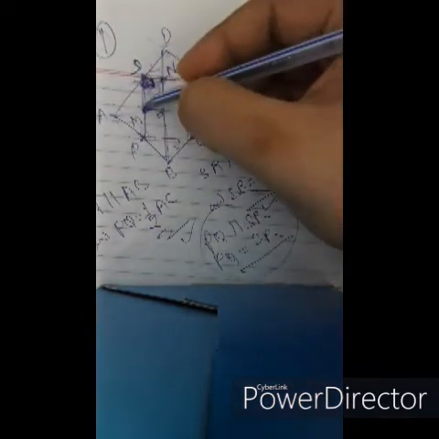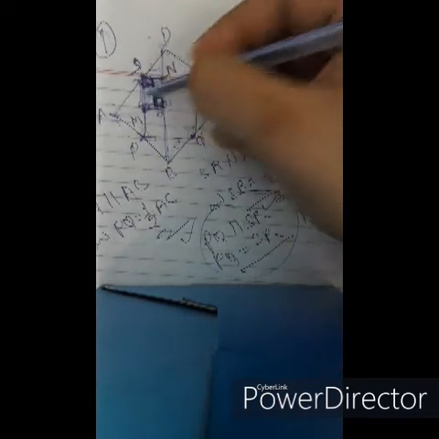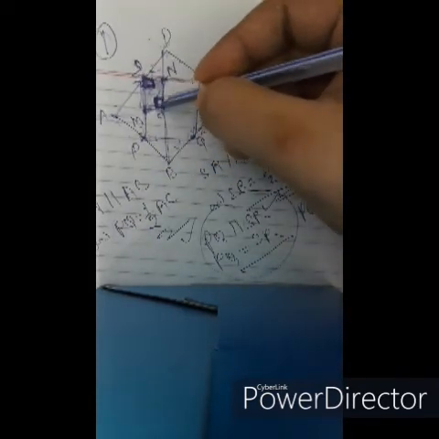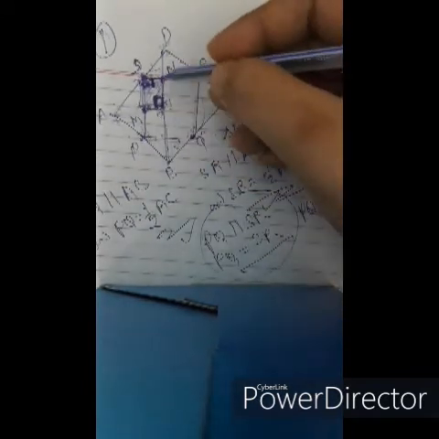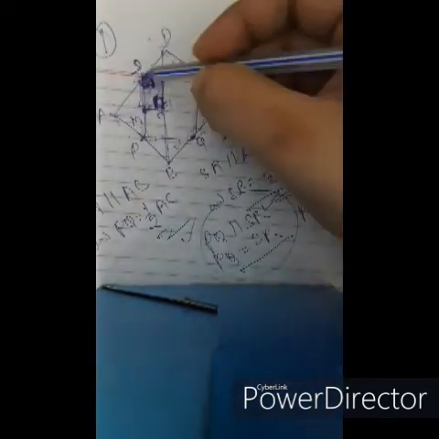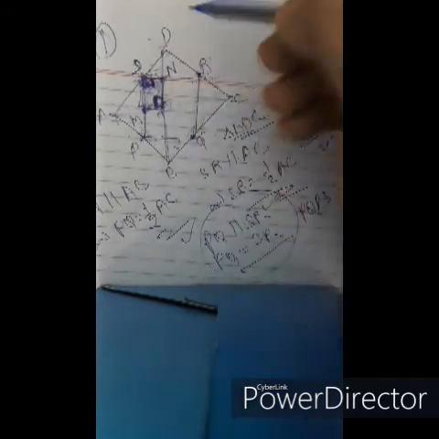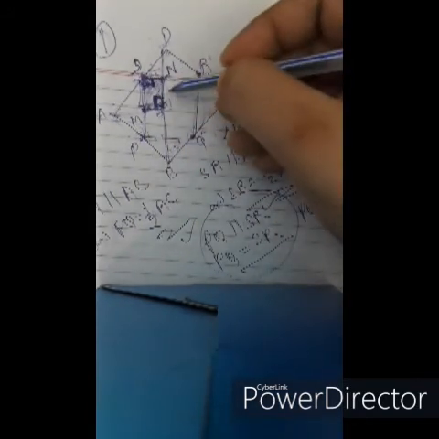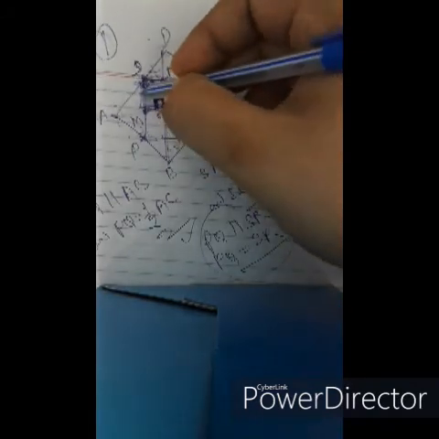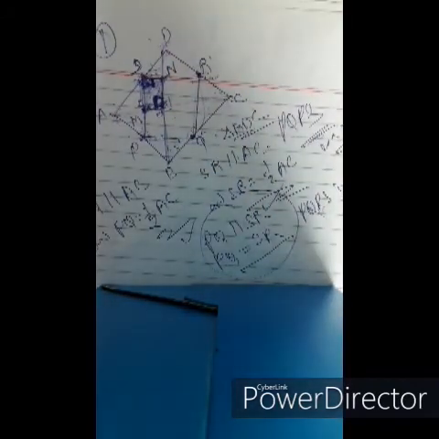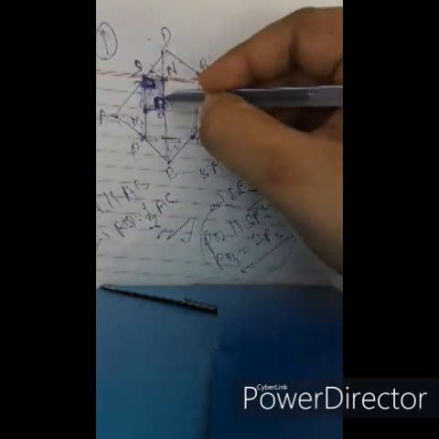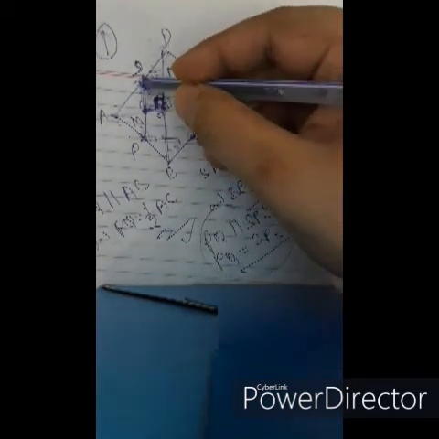After that we'll take this section. Since SR is parallel to AC, SN is also parallel to MO. BD was parallel to PS, so ON becomes parallel to SM, and since the diagonals intersect at 90 degrees, this angle becomes 90 degrees, which makes MONS a rectangle.